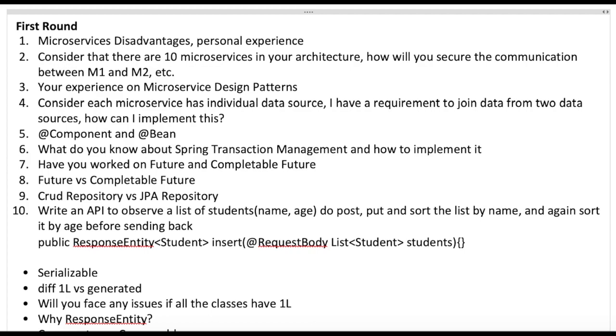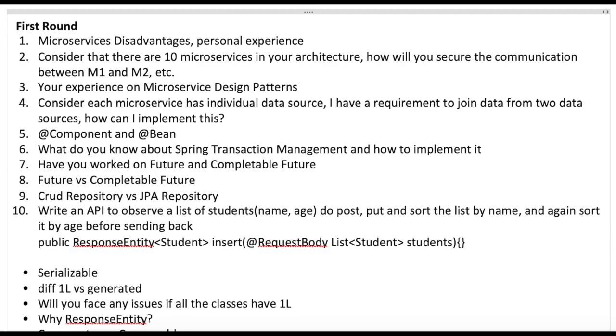And there's one more example from my personal experience: the entire team culture becomes different when you work in a microservice architecture. Mostly it would be a T-shaped model. The things that I have seen in microservice architecture teams is that mostly the teams will be a T-shaped model, and there are a lot of things that you have to take care of. The entire team culture changes, with too much documentation due to multiple system frameworks and all of that. So these are some of the disadvantages that I can think of from my personal experience. Let's go on to the next question.